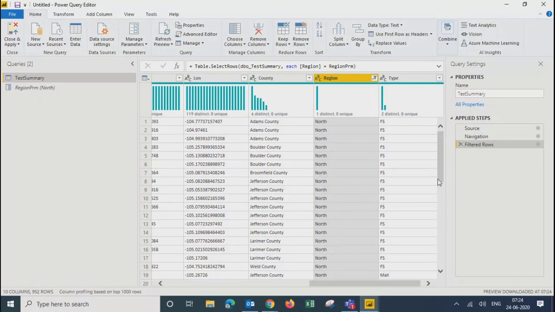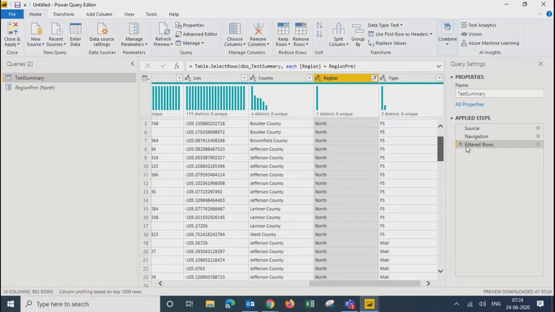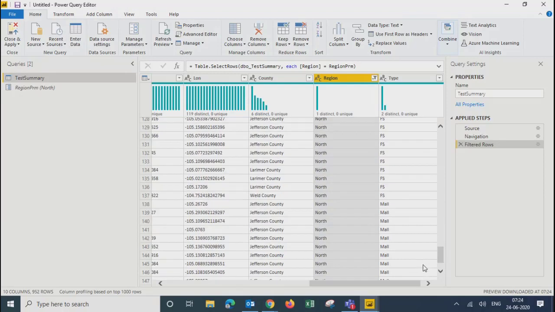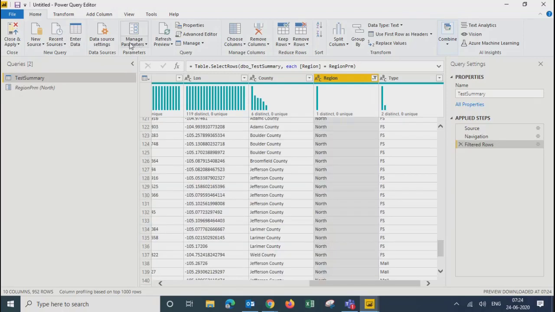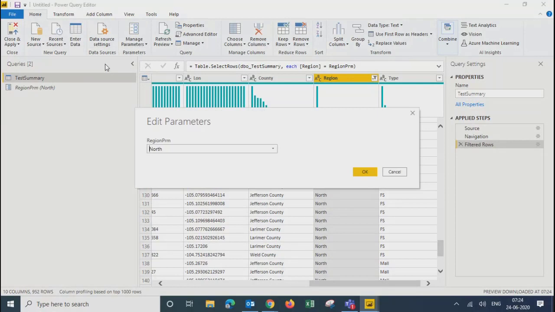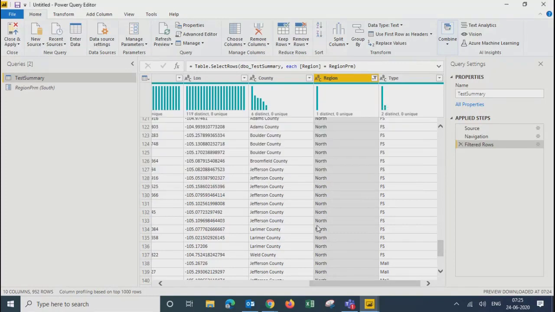Because there was a default value of north, it shows only the north value at this moment, right? If you go to manage parameters and change your value to south and click OK, data will get filtered for south.